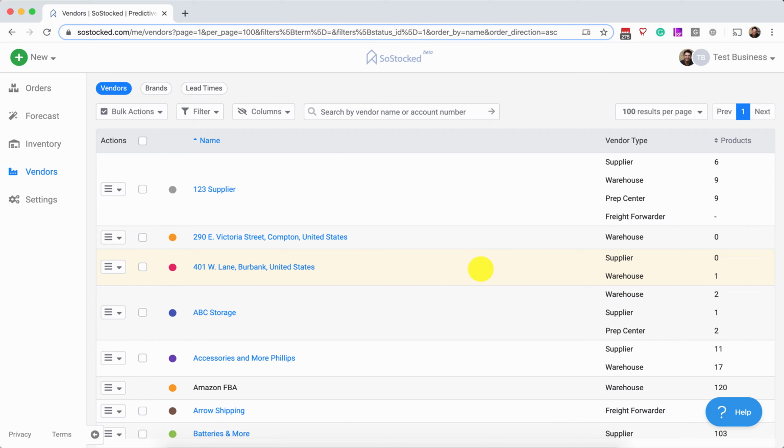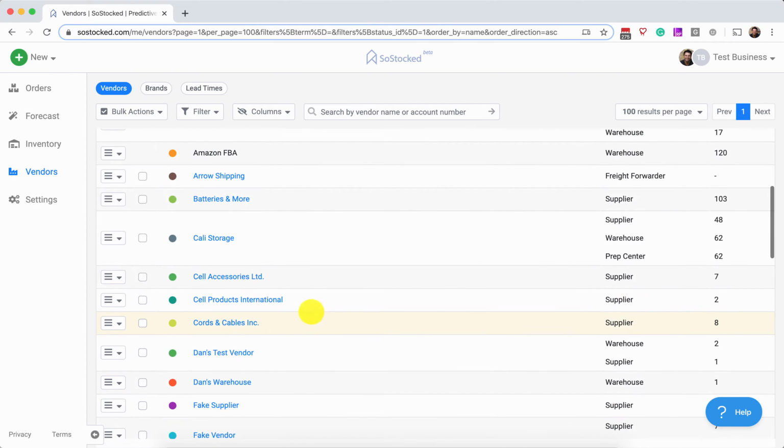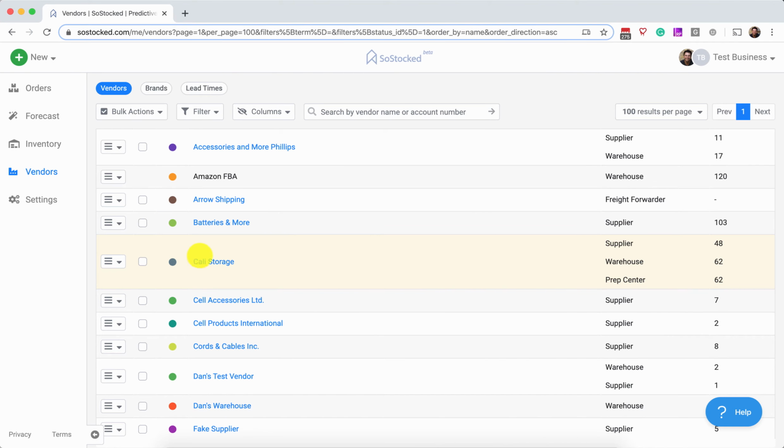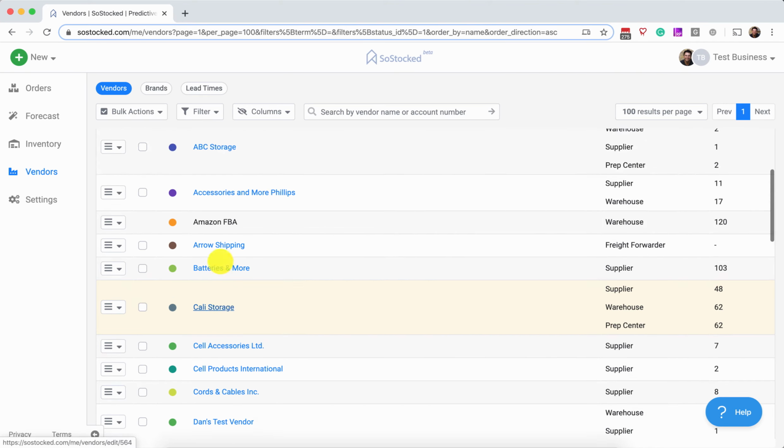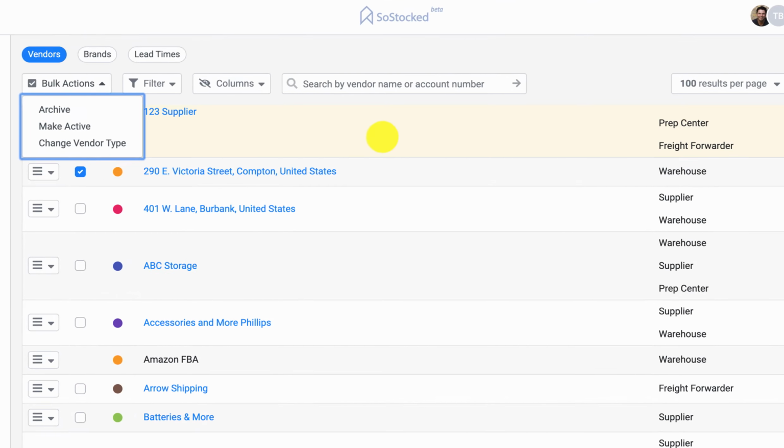Now, what you need to do at this juncture is first go through and see if there's any duplicates or ones that you want to get rid of. So if a product has already been assigned to that vendor, probably what you're going to want to do is find the duplicate that has 0 products assigned to them, select the checkboxes for each individual one, and click Archive. Once that's done, that'll start to clean up your duplicates, and then you can go into each individual vendor that